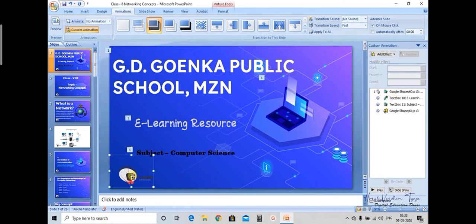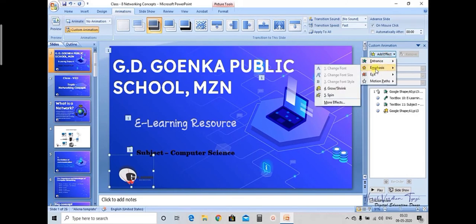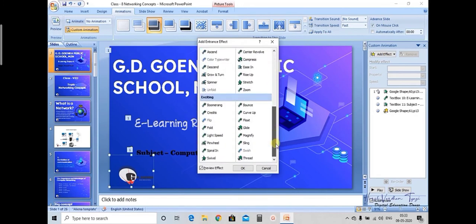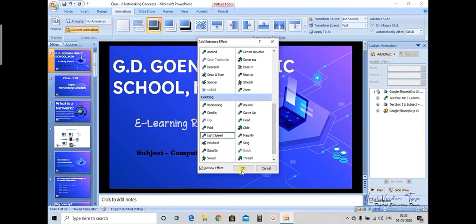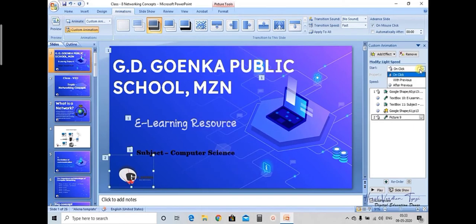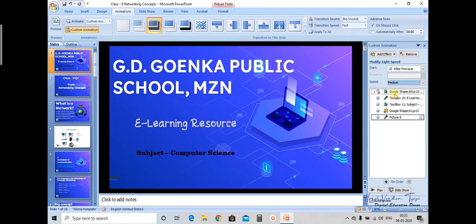And then at the last I am selecting this last object on my slide, add effect, emphasize, or let me say entrance. Then there are some more effects also that you can choose. Okay, after previous, medium.